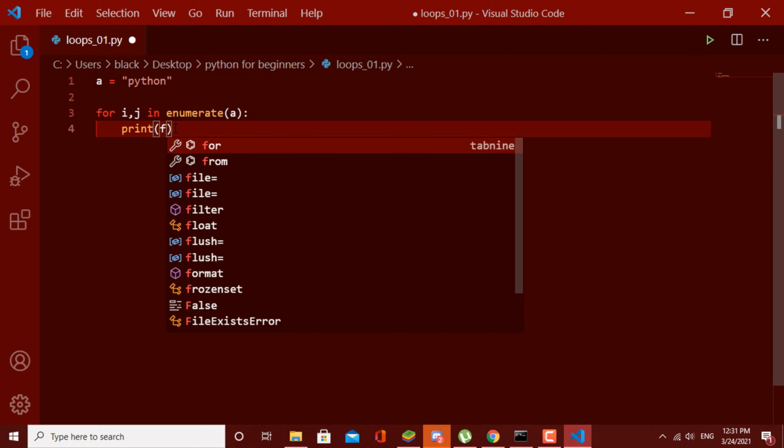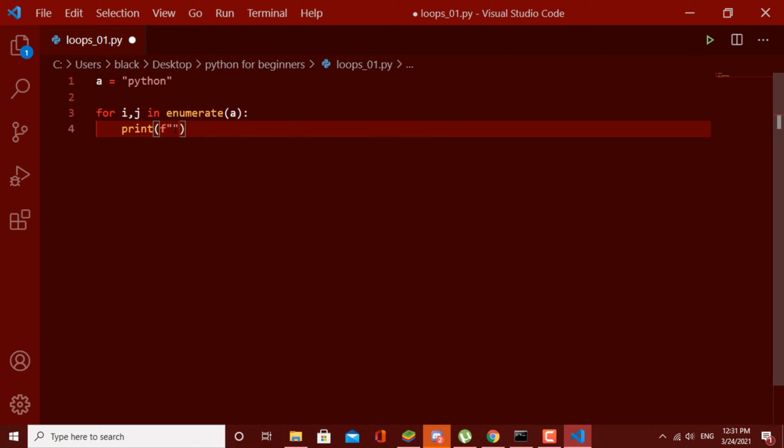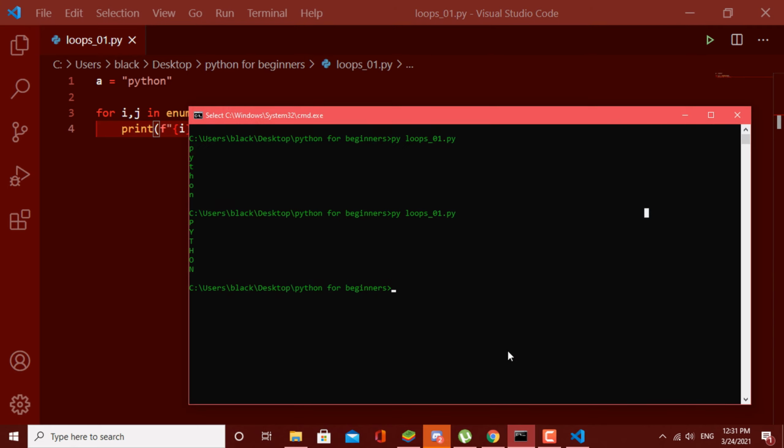Here I use the modern formatting in Python using this F, and here I add this I value, which is the index, and then here I add arrow, and then the value of that corresponding index, which is J. If we enter it like that, it will be like this. 0 is P, 1 is Y, just like that.